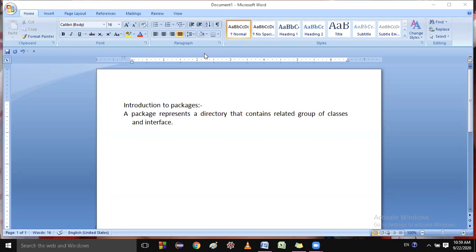So basically, students, let me clear one more thing. Packages are used to contain similar types of classes and interfaces. And one more thing. Suppose my package name is package 1, and in Java there is a different package named package 2. Package 1 and package 2 are separate entities.